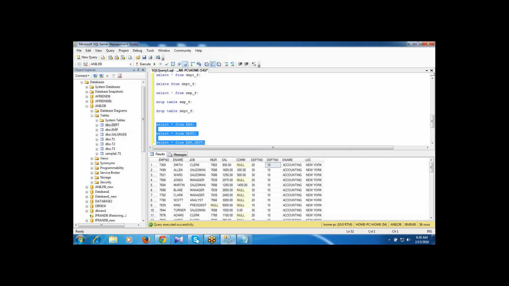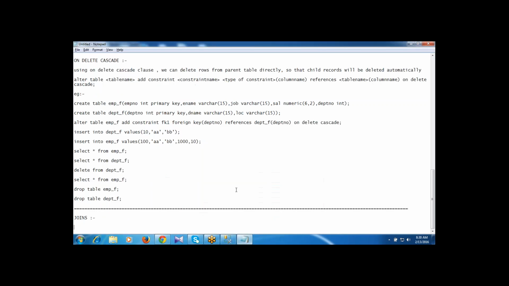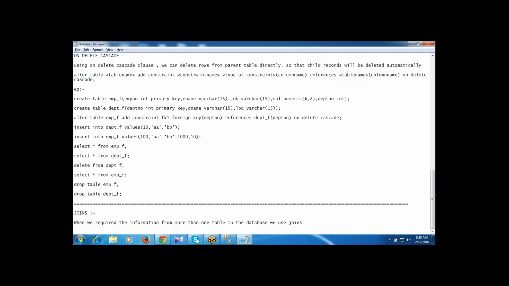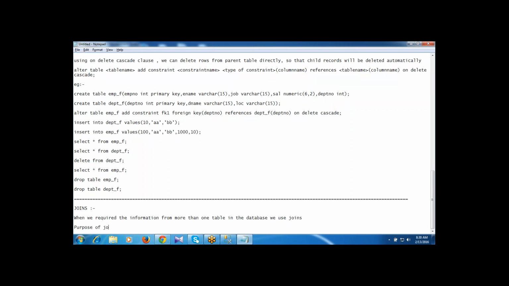Cartesian product. Right? So here, when we require information from more than one table in the database, we use the joins concept. The purpose of joins is to retrieve the data spread across the tables.